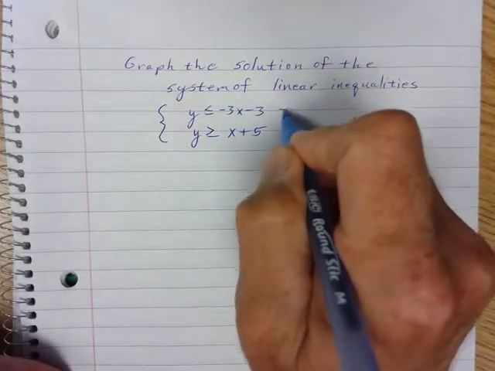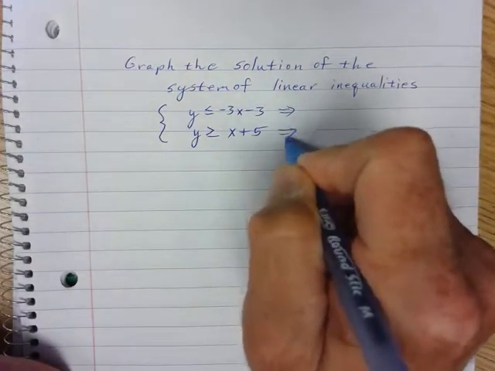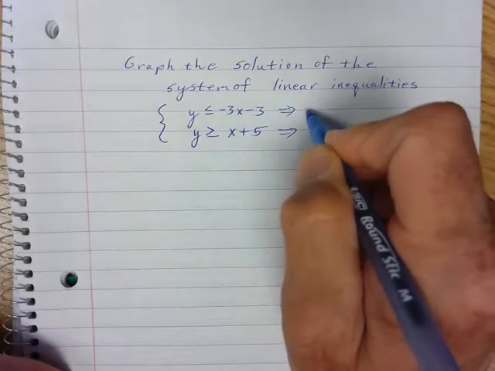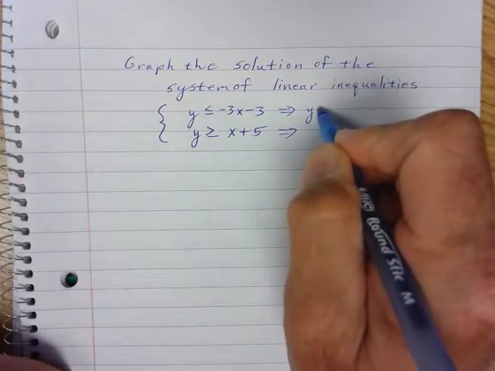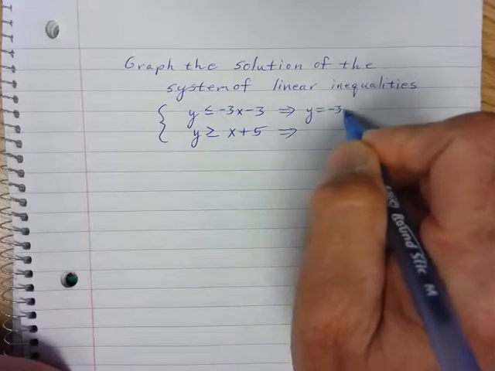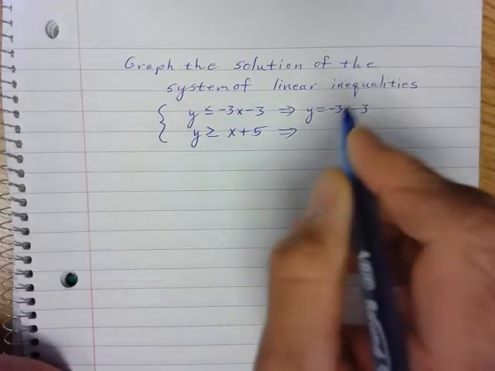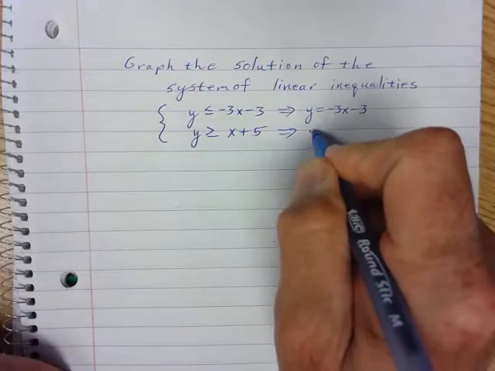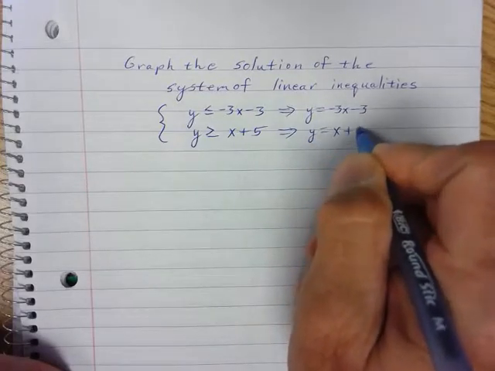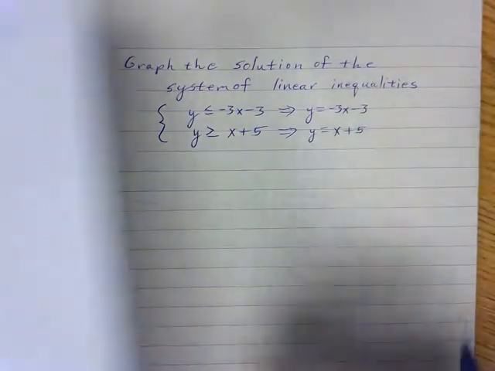And then all we need to do is graph the lines in y equals mx plus b form. So we have y is equal to negative 3x minus 3. So I'm going to graph that line, and y is equal to x plus 5. So using some graph paper,